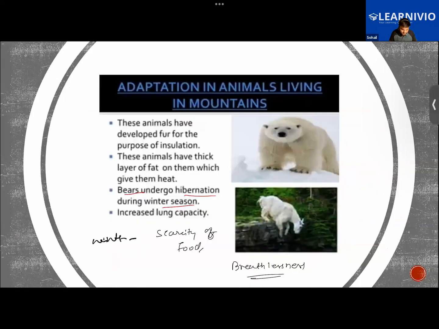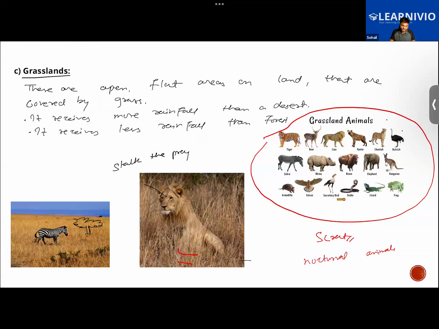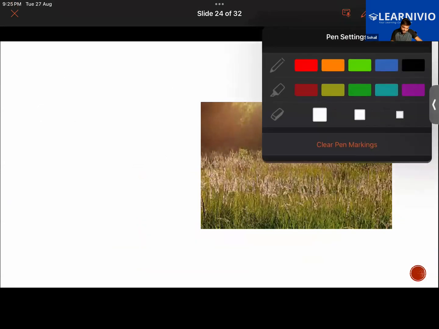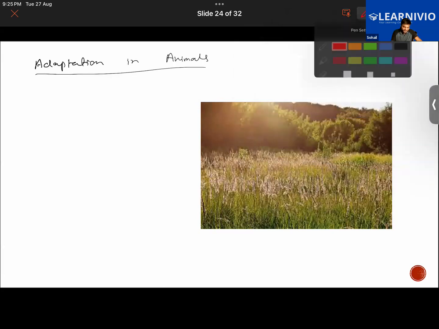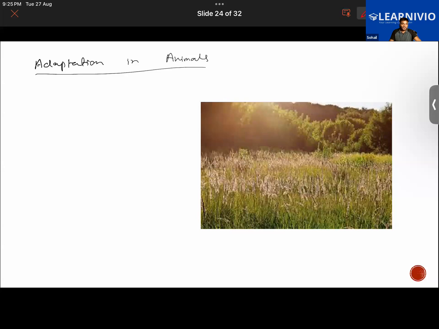Like an owl, sleeping in the day and waking up at night, or we have some examples of rats also. Okay, so you guys first of all write down this. Let me just write down this thing about adaptations in animals that will be found living in a grassland. So what are the adaptations we have discussed so far? First thing we did learn about